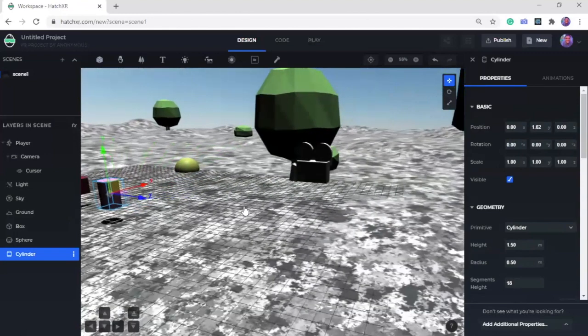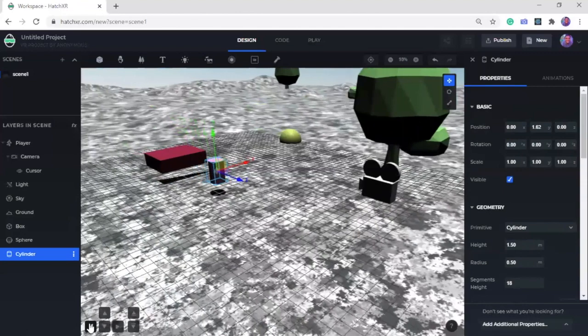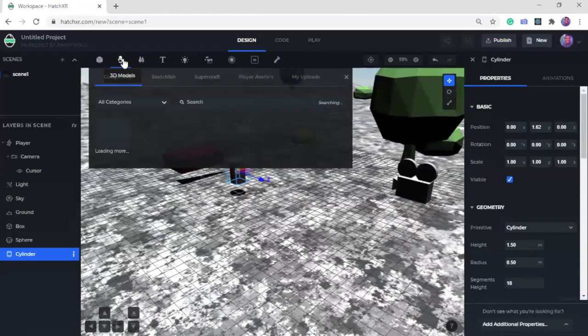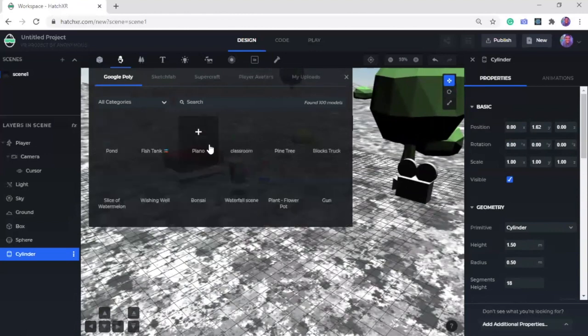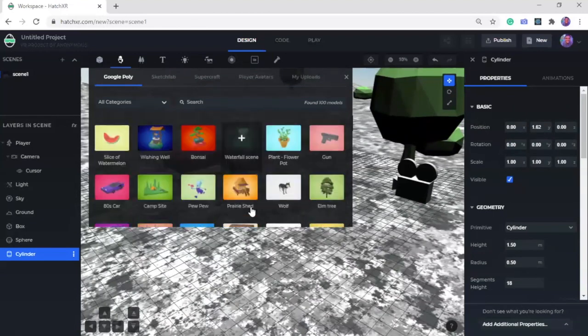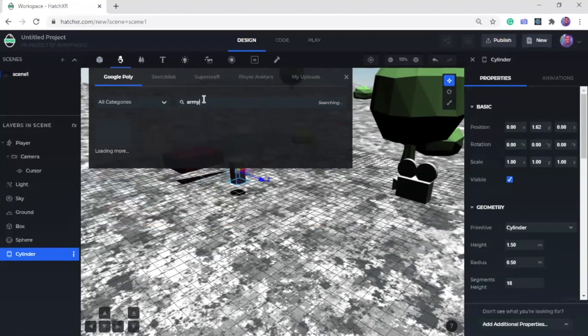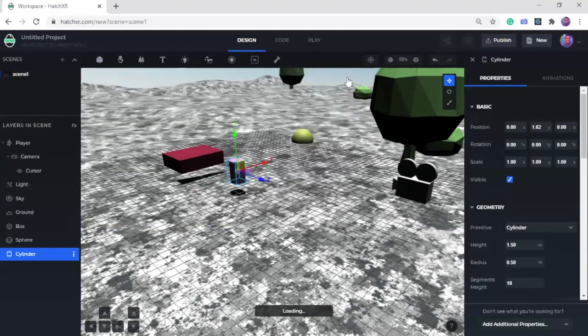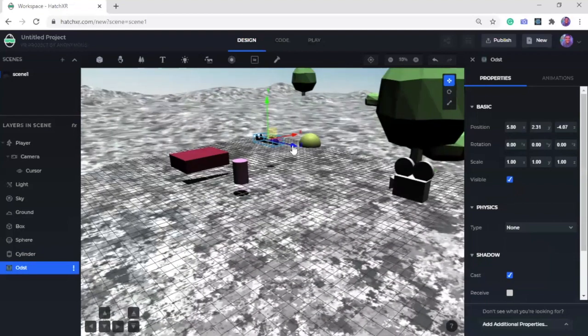Great. But these are simple shapes. What about more complicated shapes? What if we want a human character to play with? That is why we have 3D models. Now, Hatch is not a 3D modeling software, so we have to use a lot of the free models that are available for us to use. For example, if we want an army general, maybe I can just type army general and have my army person come into the screen. Let's wait for it. Yep, there is an army person,